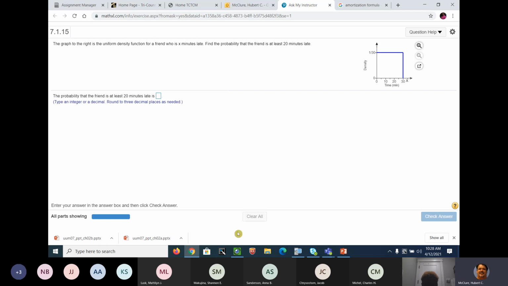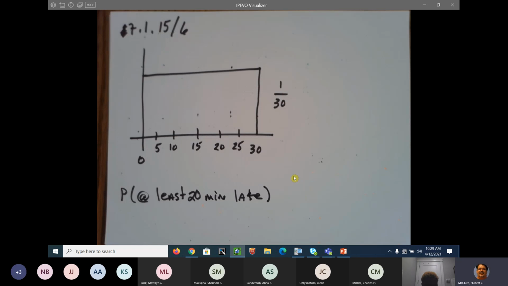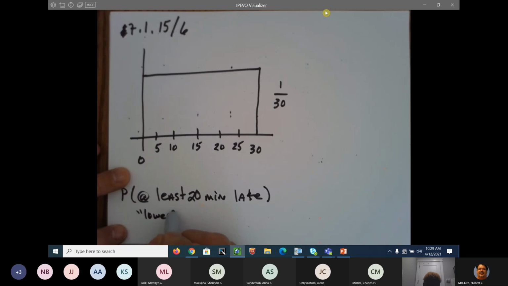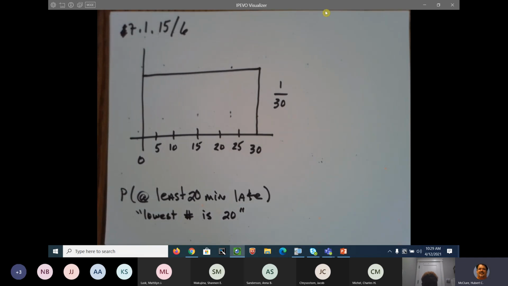Now, this question comes out to be the same as the first question, but it's a little bit different. What does at least 20 minutes late mean? That means the lowest number is what? 20. So I'm going to draw a line at 20,